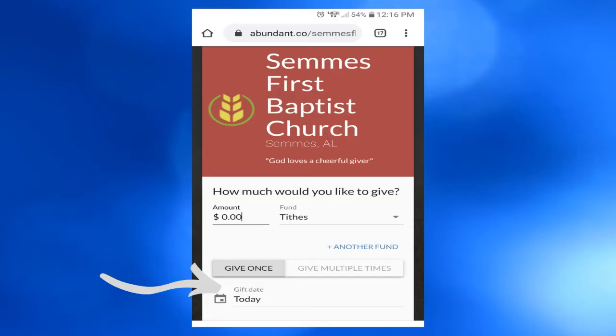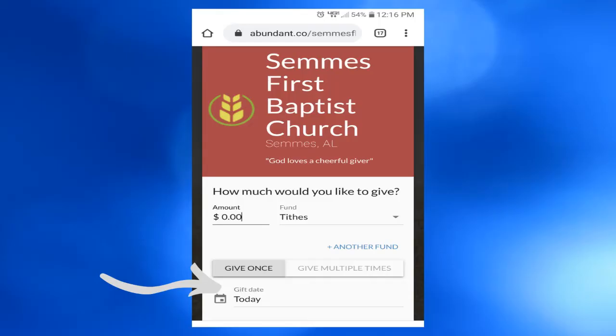And then down below that, you will see the option to give once or to set up multiple payments. So you can, if you want to, set up an automatic payment that comes out every so often. And then finally, you can select the date that the gift will post. Okay, when you hit continue,